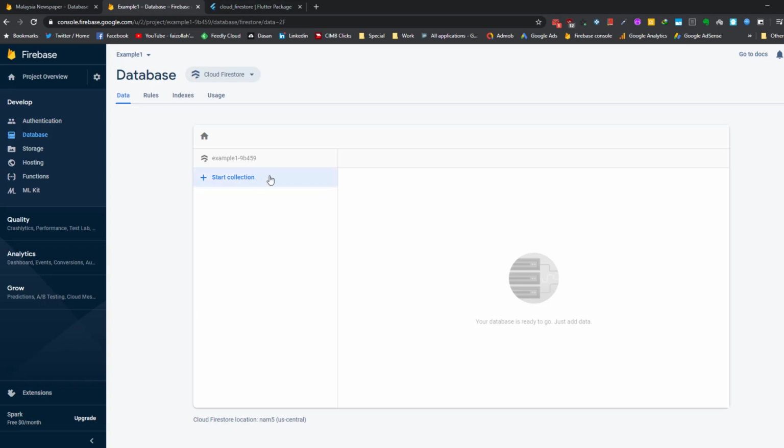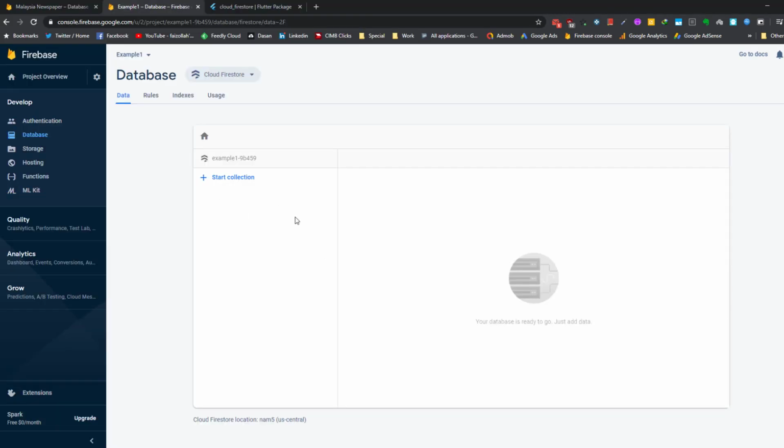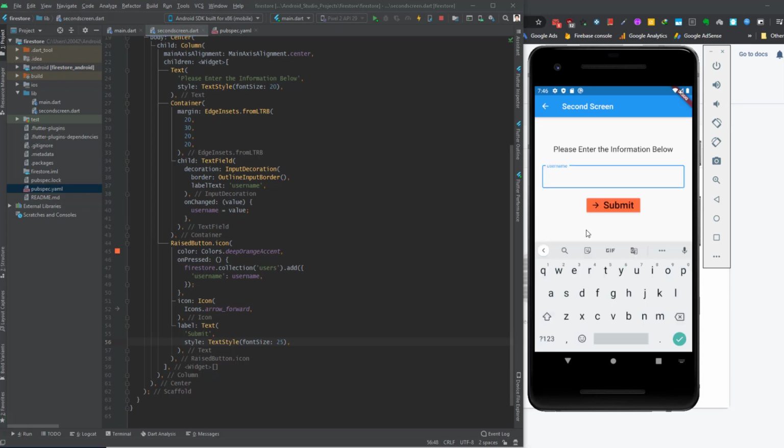database, you can see that the database is empty. And in the code, we said to save the username inside the collection with the name users. So we don't have the collection users here. Flutter and Firebase will create this collection for you if there is no collection with the same name. So I save the project and I test this application by entering a username, for example, username 1, and I